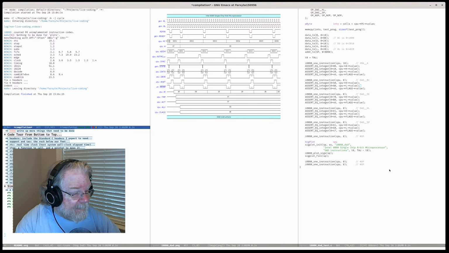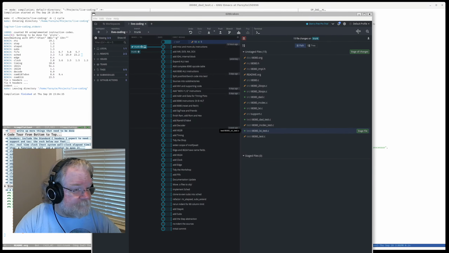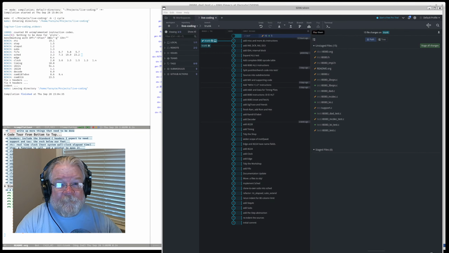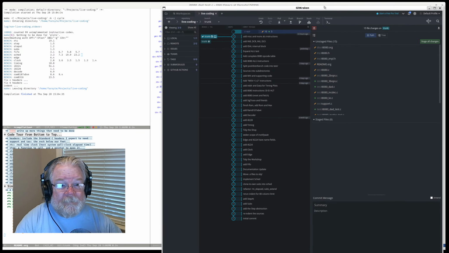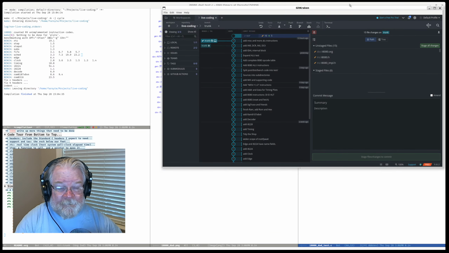So that's LXI and DAD, and I think that may be enough for this session. Let me bring up my GitKraken real quick. There it is. I made it long because it was on my other screen.